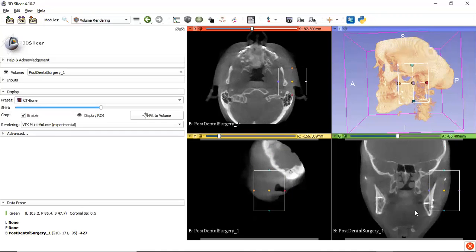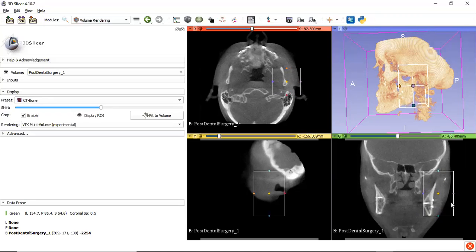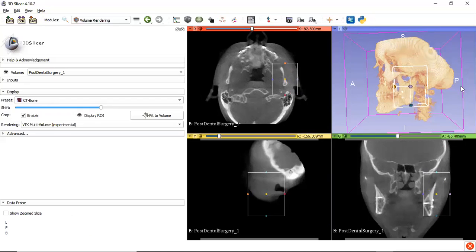And let me change it finally in the coronal view. So let me check the region of interest right now.